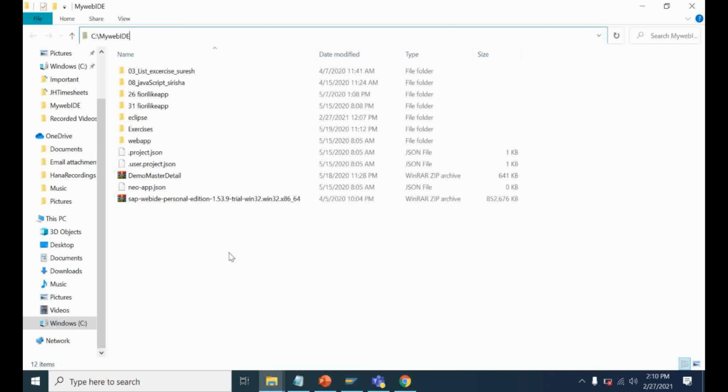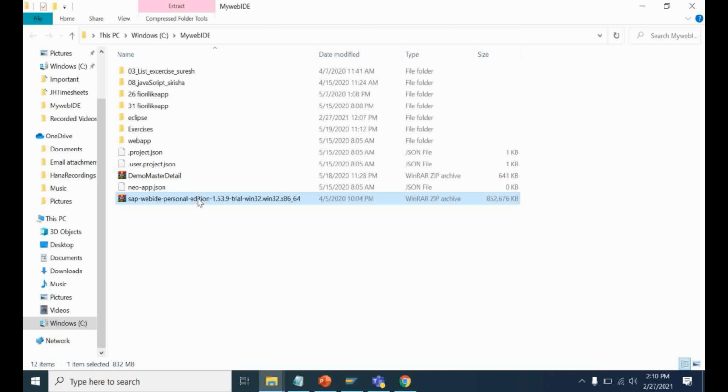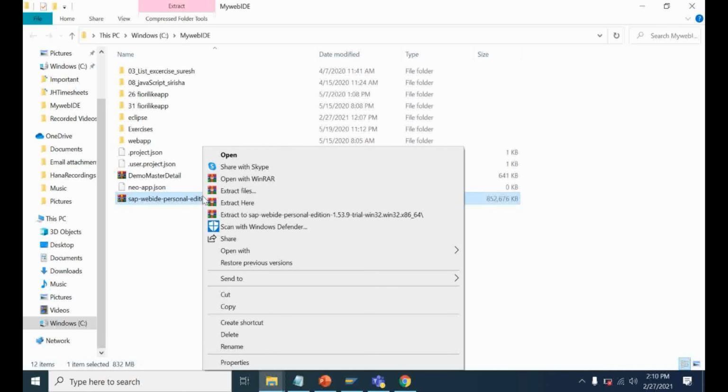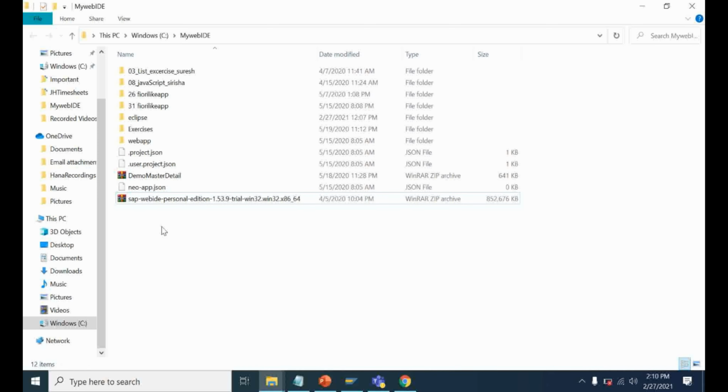In this folder, we have to copy or move the downloaded WebIDE file. As I said before, you can see a file named SAP WebIDE Personal Edition. Here you have to right click and extract with WinRAR software. Once you extract, you can see an Eclipse folder.